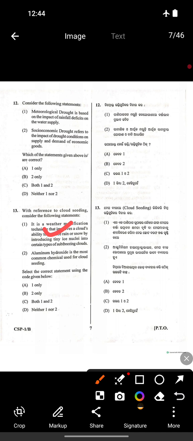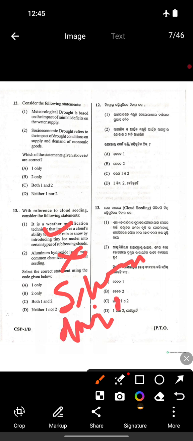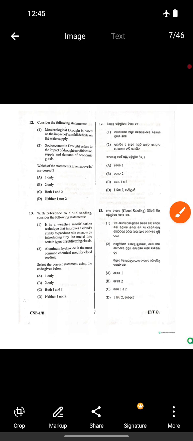Option 2, aluminum hydroxide is the most common chemical used for cloud seeding. No, this is wrong. Aluminum hydroxide is not used. Mainly silver iodide or dry ice is used in cloud seeding. So option A is the right answer, only one. Coming to question number